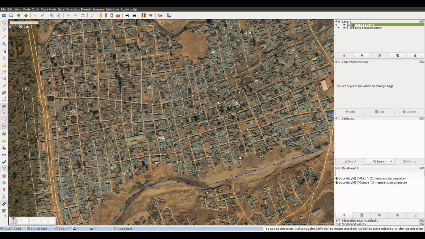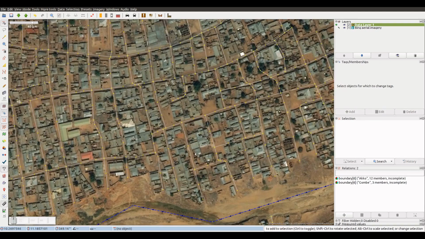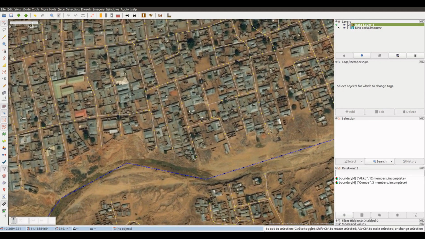Sometimes, when combining ways, one or more of them have one direction and some other the opposite direction. Like for example these two ways here. We can see that the southern segment has the arrow pointing to the north, while the northern one is pointing to the south.